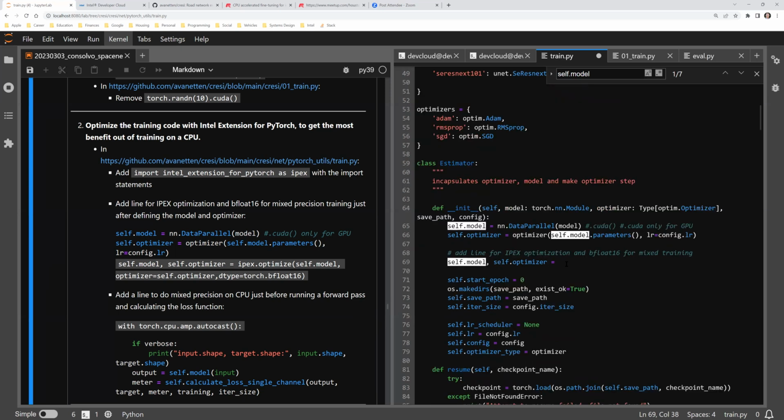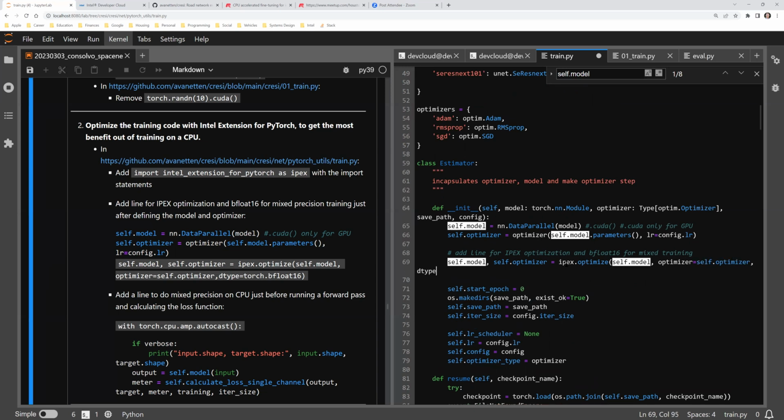So I need to modify those and do ipex.optimize(self.model, optimizer=self.optimizer). Okay, and then here's key two, dtype=torch.bfloat16. That's saying I want to use this bfloat16 data type, which should reduce our training time and